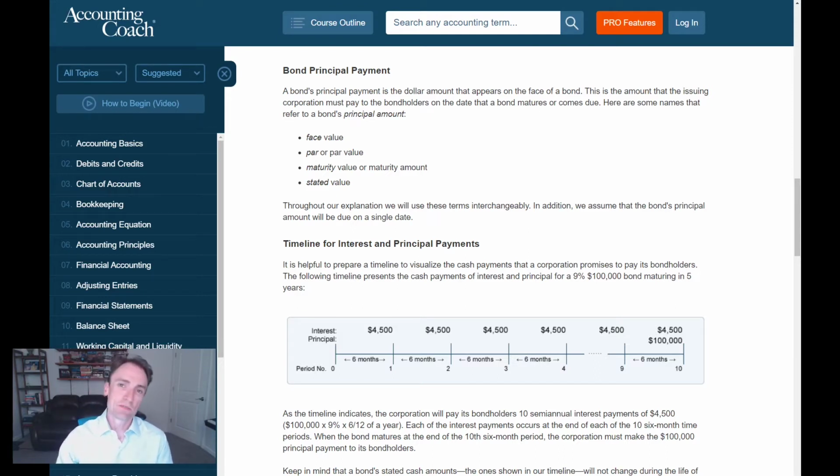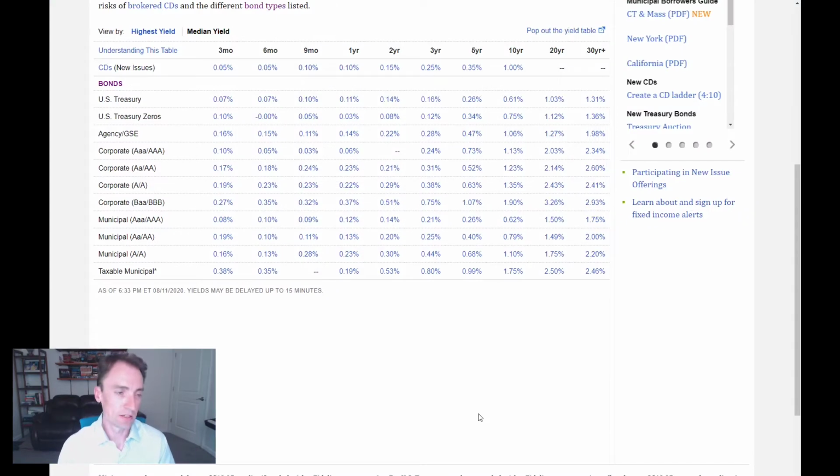Part of the question was about visualizations. I personally find that these visualizations with a timeline like this are far more useful, and they make it easier to understand what's going on. There was also a part of the question regarding historic examples of the cost of the bond, the yield, and growth. Okay, so taking us to Fidelity's look at bonds, as of, it looks like it's August 11th when I'm recording this,